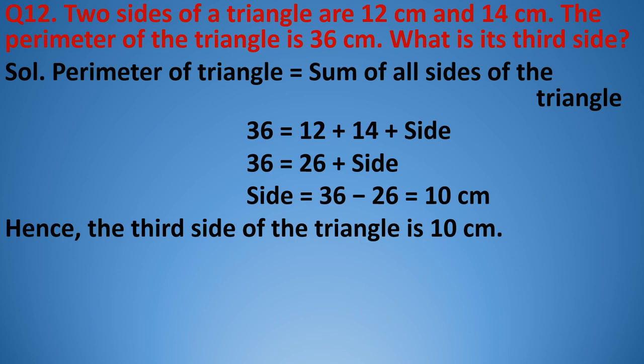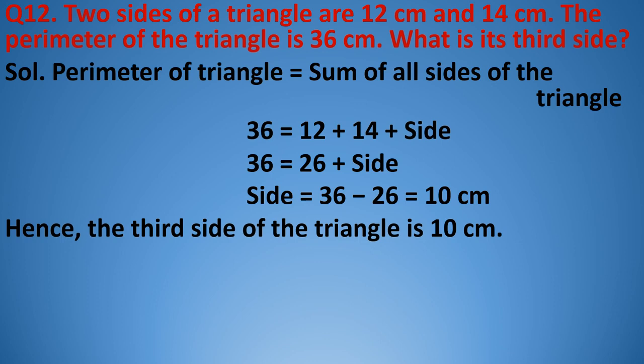Next question that we have done, in that we have one string, and that same string we have used to make the different shapes, and we have to find out the side of every shape. So that length of string is the perimeter of each shape. And then we use the formula of side: side of a square, side of an equilateral triangle, and side of a regular hexagon, and find out.